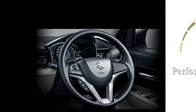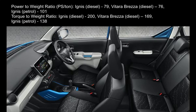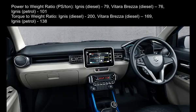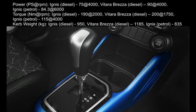Performance and drivability. The Ignis diesel and Brezza are powered by the same 1250cc diesel engine, albeit in different states of tune. Brezza gets a bigger variable geometry turbocharger while the Ignis gets a fixed geometry unit. But then, the Ignis is a whopping 235 kgs lighter than the Brezza. This gives it noticeably better performance than the Brezza on the open road, as well as